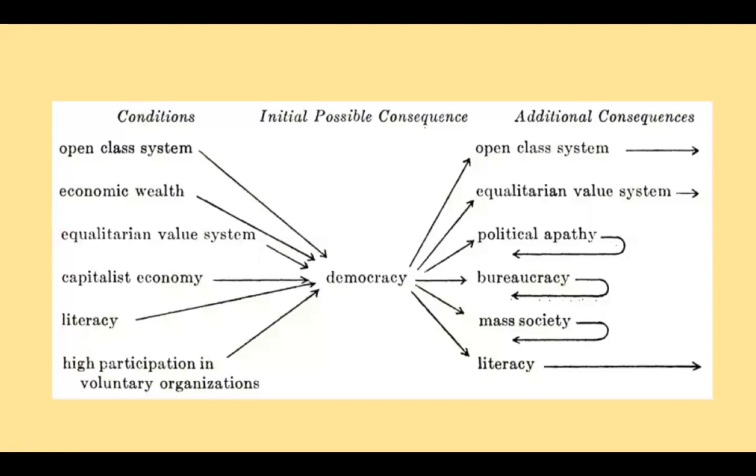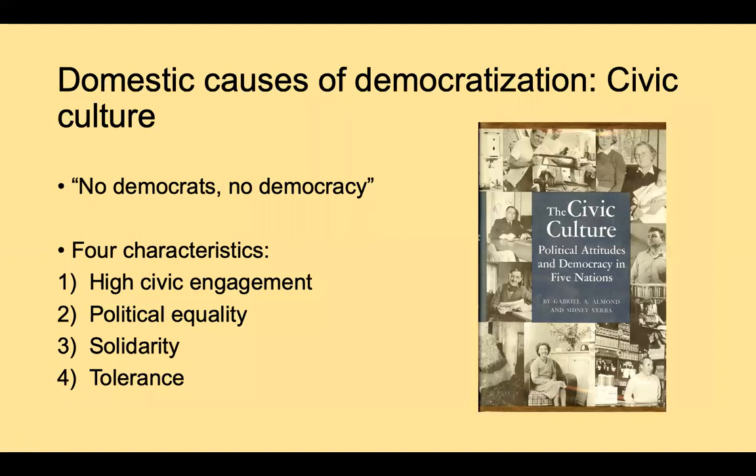And when we discuss these causes, we begin thinking about things like class conflicts and economic development, civic values, the type of economy, literacy rates, participation in parties. This is a really old graphic, but these different variables listed here do relate to some of the key causes of democratization according to the literature and according to our understanding. And as we move forward, you'll see these reappear from time to time, and you'll see them figure prominently in our assessment of the evidence that we'll eventually undertake here in a moment.